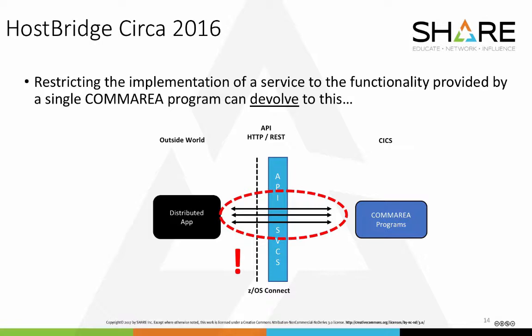And we saw this slide 12 years ago, where if the form of the business logic, its expression within CICS, does not really, we might be able to map the API, but if it doesn't map the logic, the business logic that the distributed system really wants to invoke, you're going to end up here. Lots of requests going back and forth. Now, maybe in some organizations that might not be a problem if their volume is low enough. But if you have a high volume situation, just be careful.